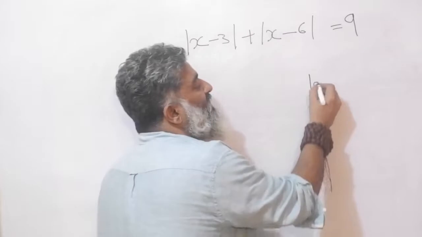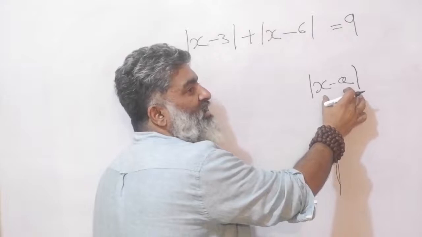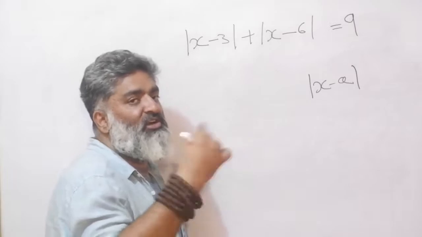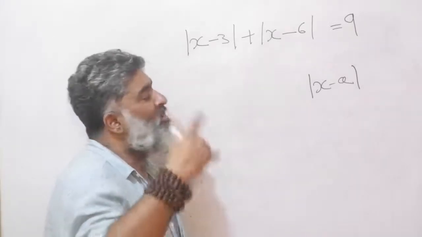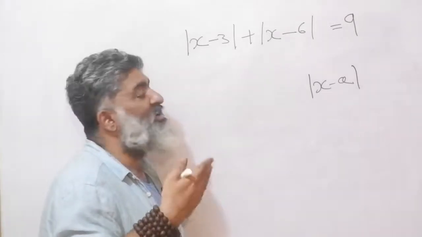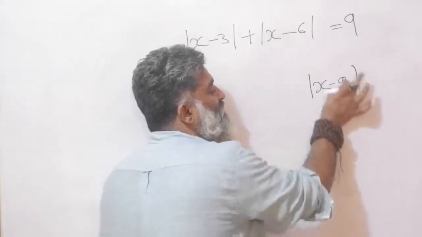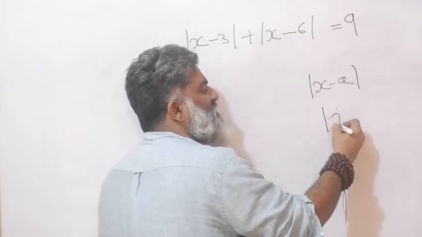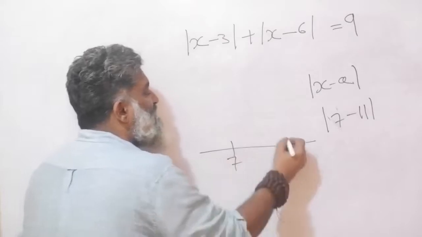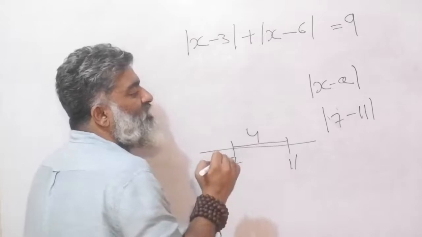We have already looked at, if I say x minus a, I'm thinking of the distance of x from a, especially if there is a mod involved, right? Because if there was not the mod, the result could have been negative, but the distance cannot be negative. But if I put the mod, I'm definitely getting a positive, and the interpretation is that this is the distance between the points, right? So if I say mod of 7, let's change the story, mod of 7 minus 11, let's say. So essentially what you will get is what is the distance between these 2 points, and that distance will be 4 units, right?